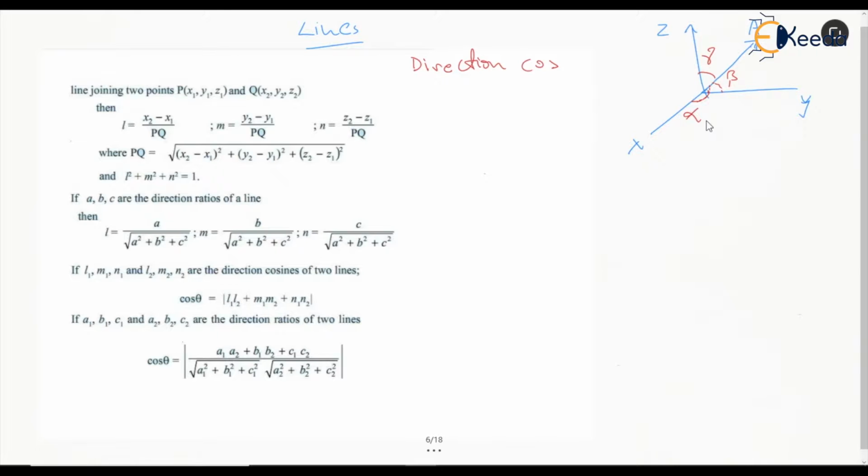The direction cosines are L, which is cos of alpha, M, which is cos of beta, and N, which is cos of gamma. The relation they satisfy is L square plus M square plus N square is equal to 1. Also, if we are drawing a line between certain points, let's say one point is P having coordinates x1, y1 and z1,